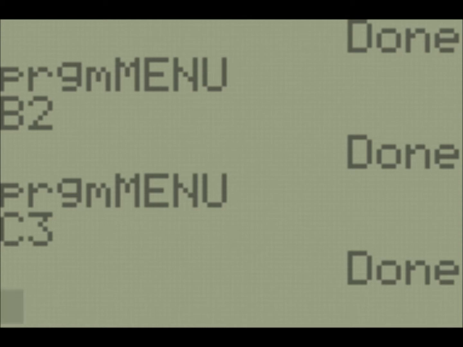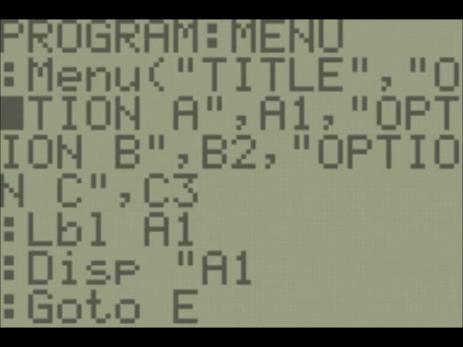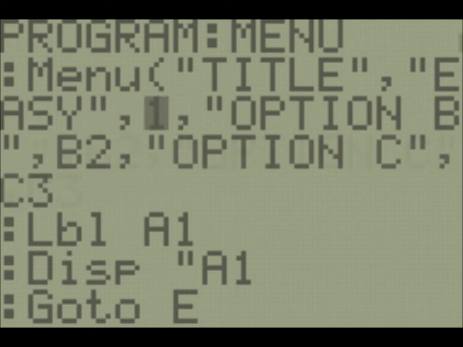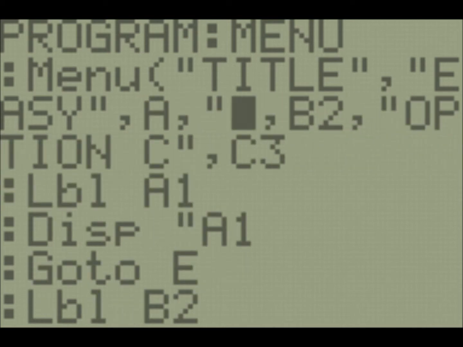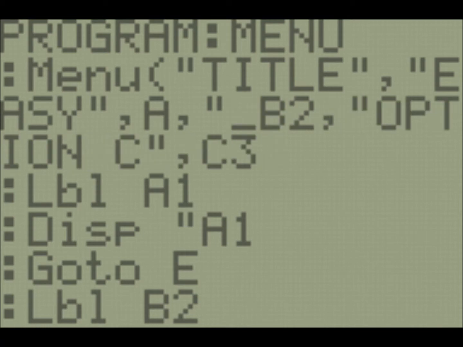Now this is pretty interesting. We're able to selectively run code with our menu, but oftentimes we want a different behavior, and what we want is for selecting a menu option to select a value for one of our variables. So let's say that this was the difficulty menu in a game, and let's go ahead and change this to a difficulty menu. So we'll change this prompt string to easy, and we'll have it still jump to label A, and we'll change this one to medium,